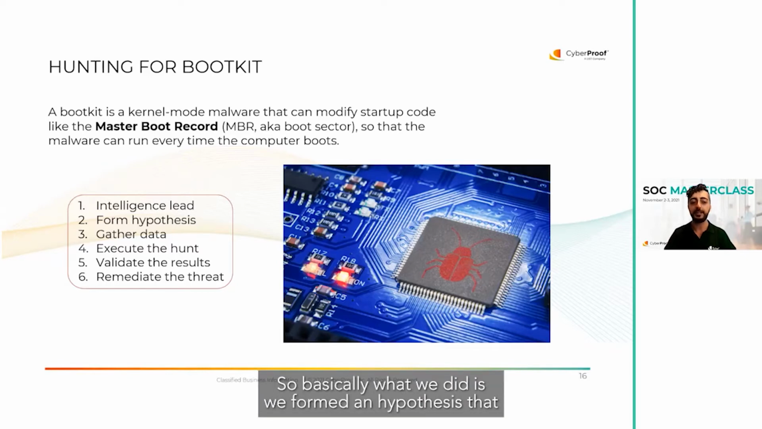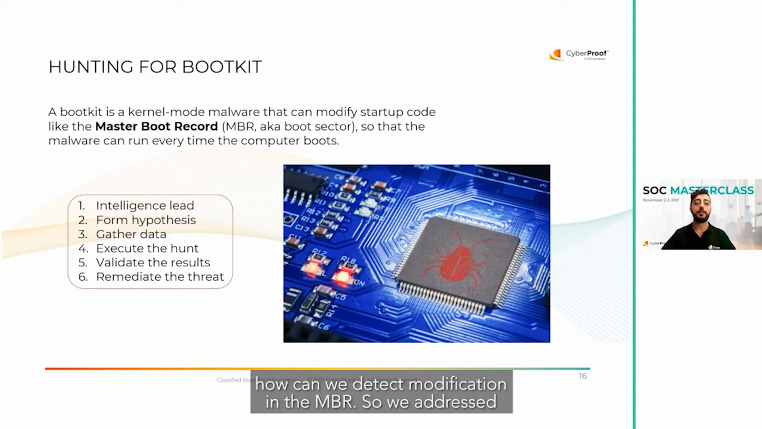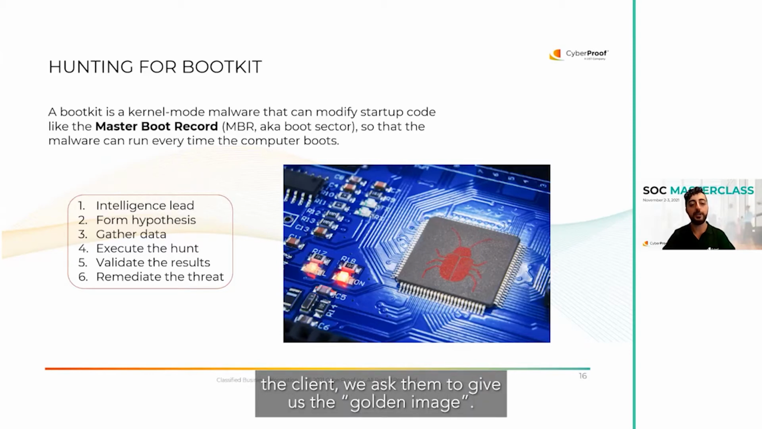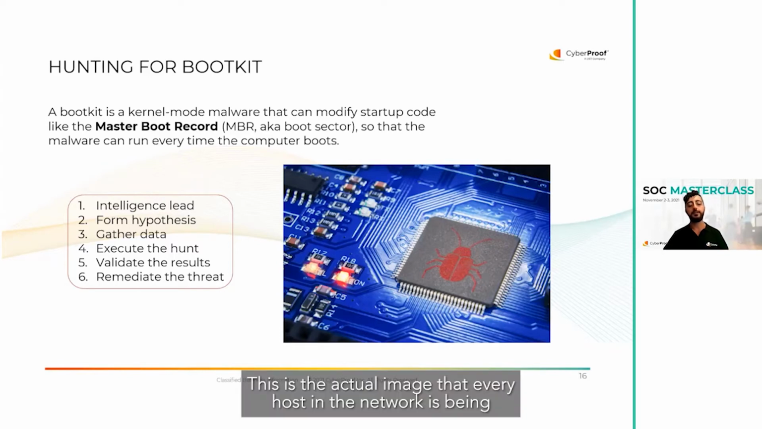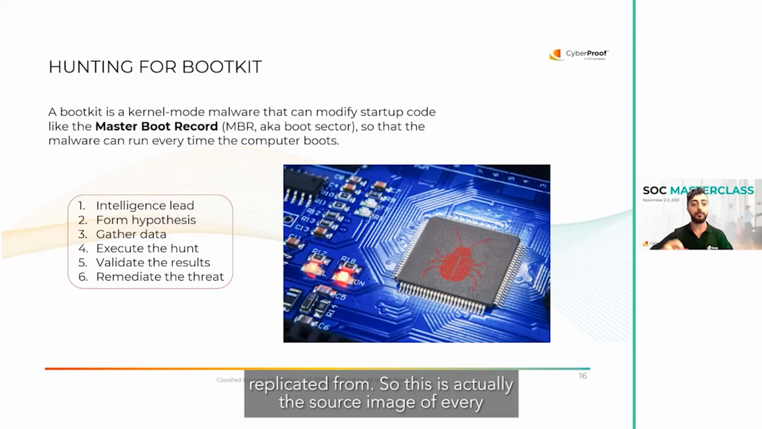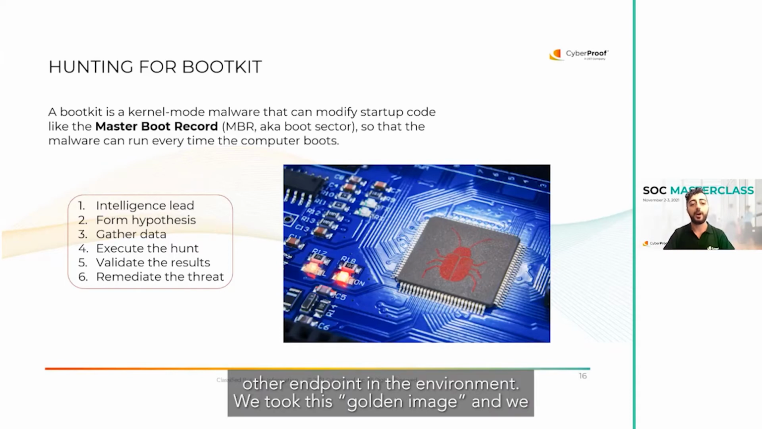So basically what we did, we formed a hypothesis: how can we detect modification in the MBR? So we addressed the client, and we asked them to give us the golden image. This is the actual image that every host in the network is being replicated from. So this is the source image of every other endpoint in the environment. We took this golden image and we